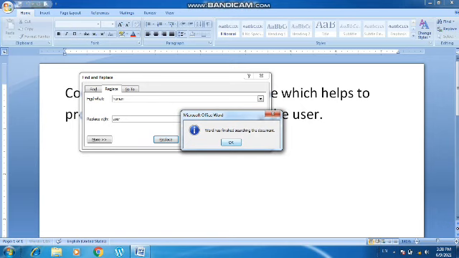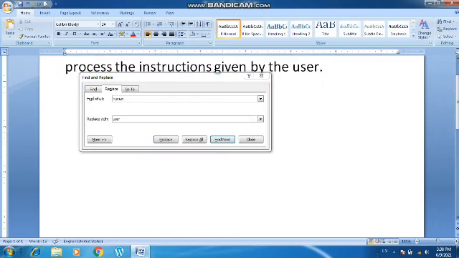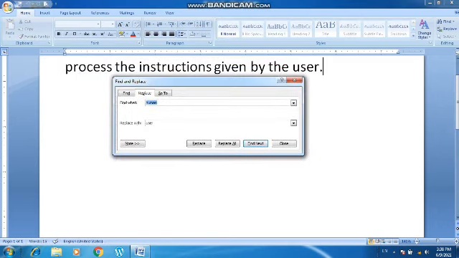Now you must have noticed that after the replace there is a replace all command button also. So this replace all command button will help you to replace all the same words in the document. Suppose the word human has been written many times in the document, so this replace all will replace all the words human with the word user.